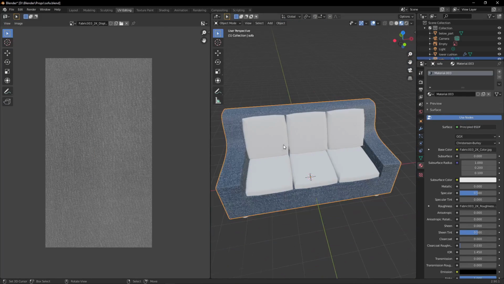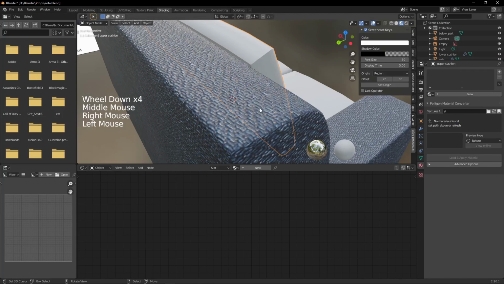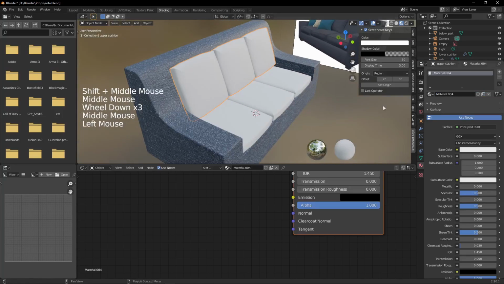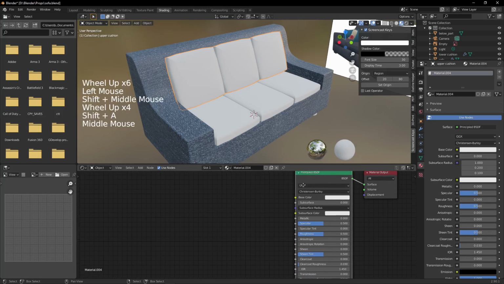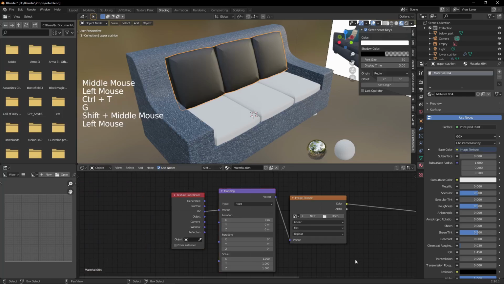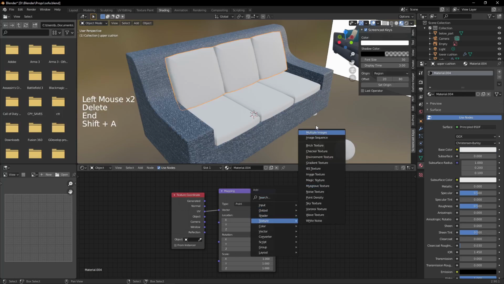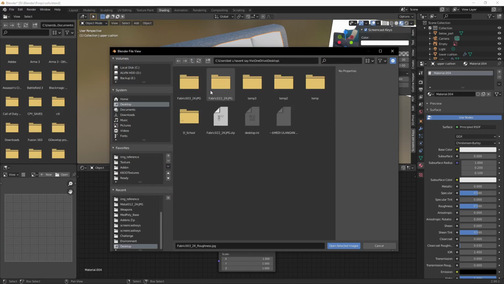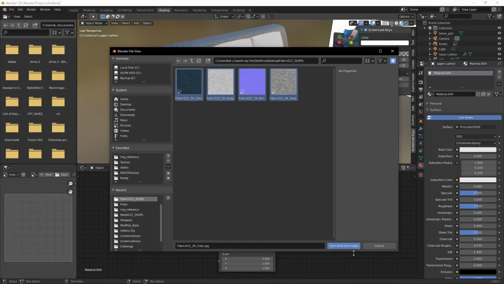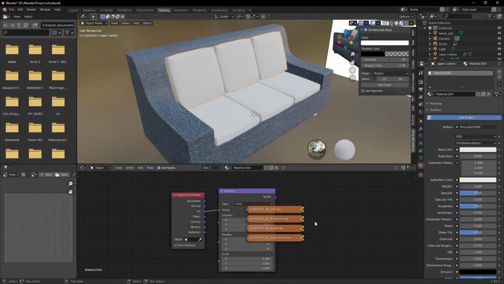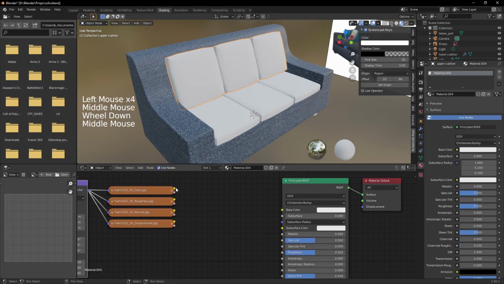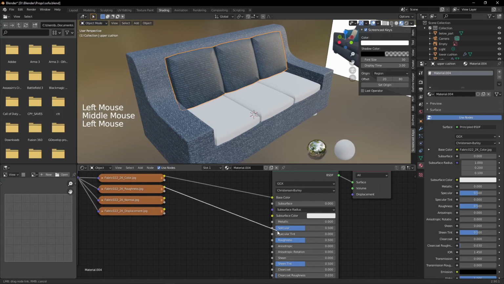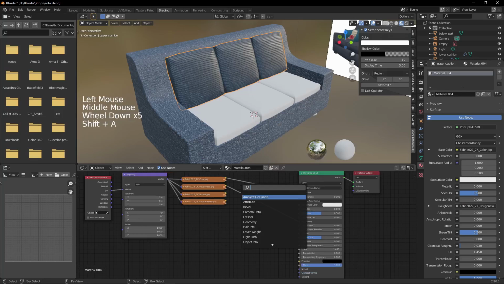Now we are going to texture the cushion. Same as the sofa, we are going to add a new texture. We press Ctrl T for the Node Wrangler, and then we add multiple images. Select, for example, if you want a different texture. I've downloaded the texture earlier, so same procedure. Drag the factor into the purple one, and then color into the yellow one, roughness to roughness, and then add bump,